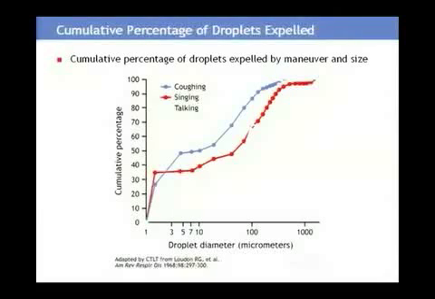However, what you see in this next figure is that among the droplets expelled into the air when an individual sings, a much higher proportion, seen in red here, are very small in size. It is these very small droplet nuclei that are most likely to travel through the larynx, down into the lungs, and into the tiny air sacs called the alveoli, where infection begins. And that is why we see some very interesting outbreaks among people with laryngeal TB who are singers, because when they sing, they can expel many small droplets into the air and expose people in their company.